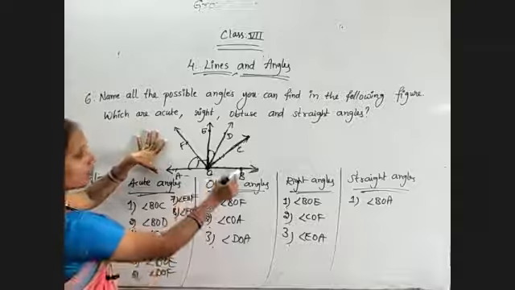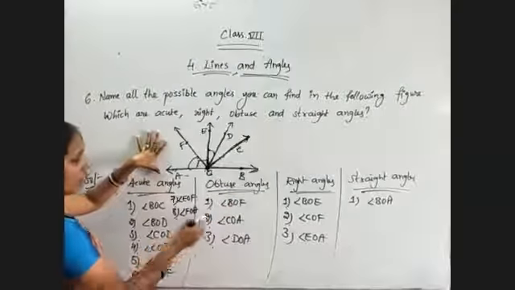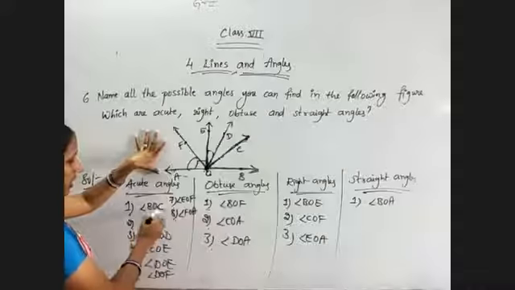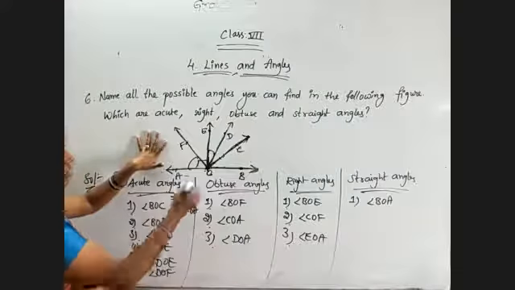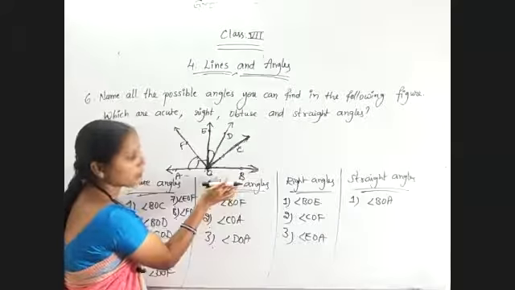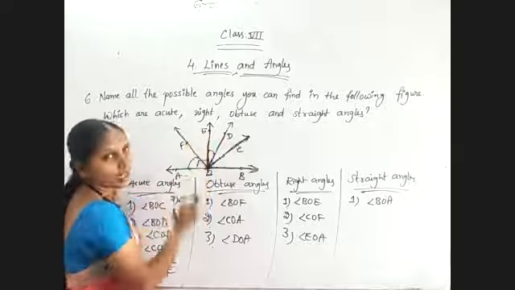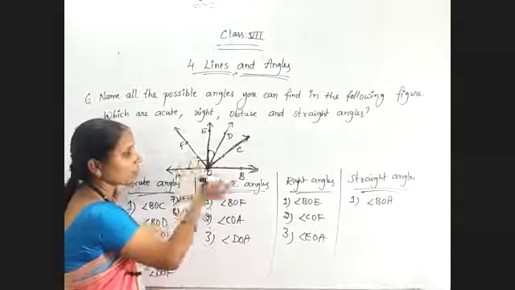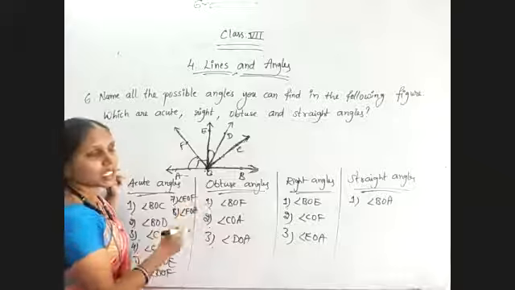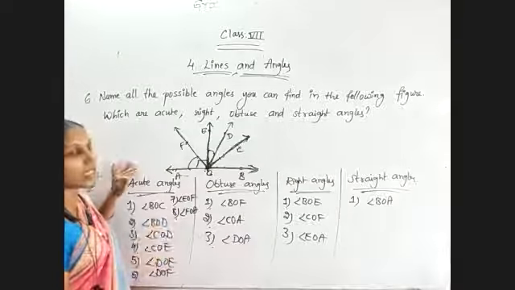Now, BOC or COB, both are same. Understand? That's why like that we are not getting anywhere. BOC I have, but COB am I getting here? No, that's right. To not confuse, I am taking one alphabet first. OB ray, then OC, then OD, then OE, then OF, then OA. Understand? Angle AOB is a straight angle. BOA also. AOB, BOA, both are same. That's why angle BOA. Only one straight angle is there in this picture.